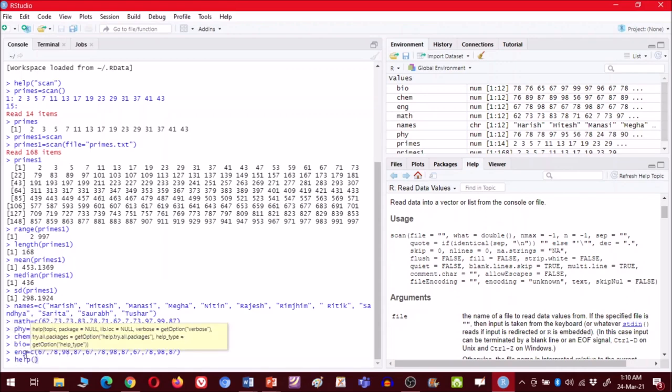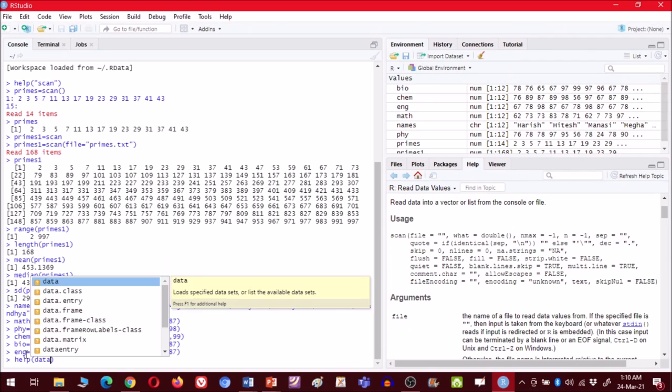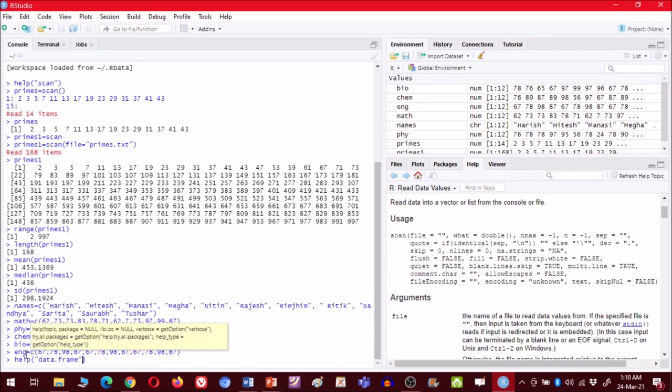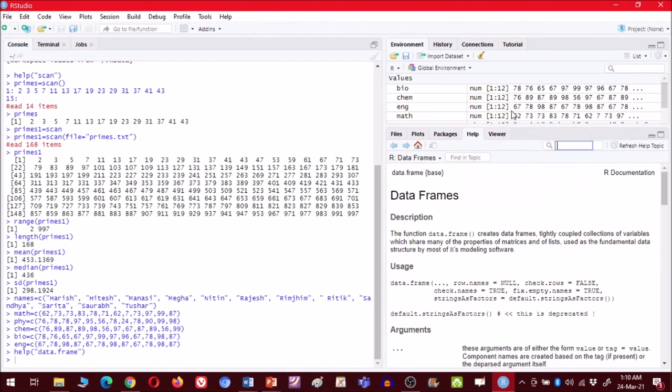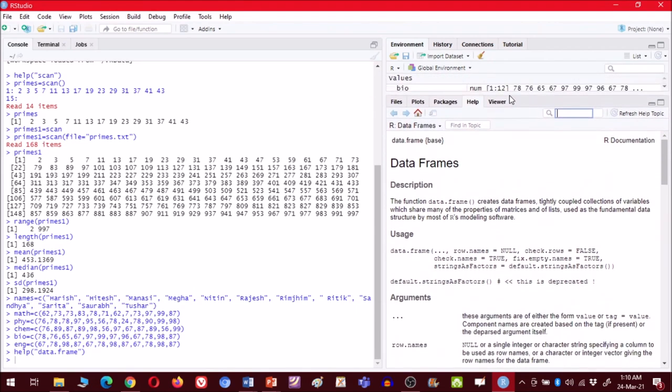First let us see what is data frame. So this is the data frame, and now click enter. You will learn about this data frame. So as you can see on the right, we have the details about the data frame. Let me just maximize it a little.